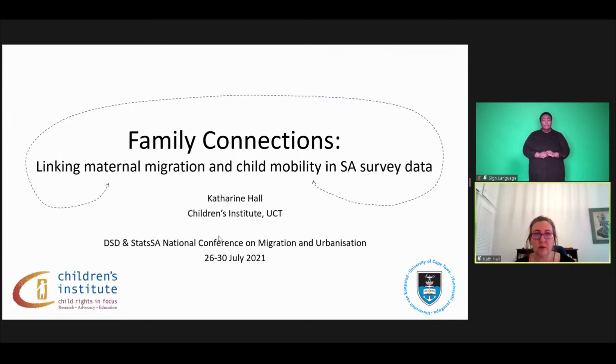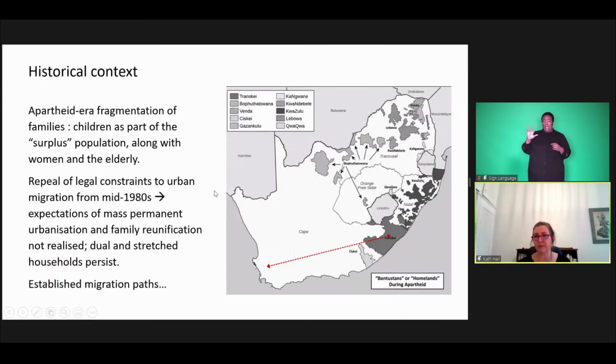Sorry, I'm trying to change the slide. Yeah, just to start by giving a nod to some of the historical dynamics that have already been mentioned, but to provide context to the patterns we see, and particularly in relation to children, this arsenal of racially discriminatory laws that limited movement and residential choices for Black South Africans. Here's a picture to remind us of what the old South African map used to look like, in which a system created independent homelands as labor reserves and relegated Black South Africans to the status of foreigners,